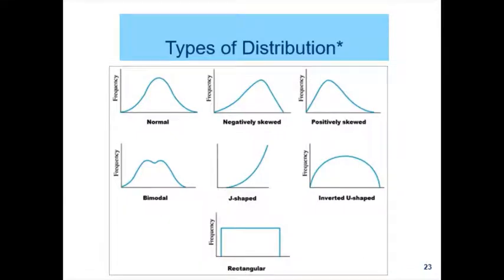So earlier we saw how the distribution looks. Normally we call this type of distribution normal curve shaped, or we can also say symmetric or bell shaped. Normally we see this kind of distribution the most. When it is skewed, it looks like this. We think normally that only these kinds of distributions exist, but no, there are many types of distribution like bimodal, J-shaped, inverted U-shaped, even rectangular. So it depends on the type of the data.